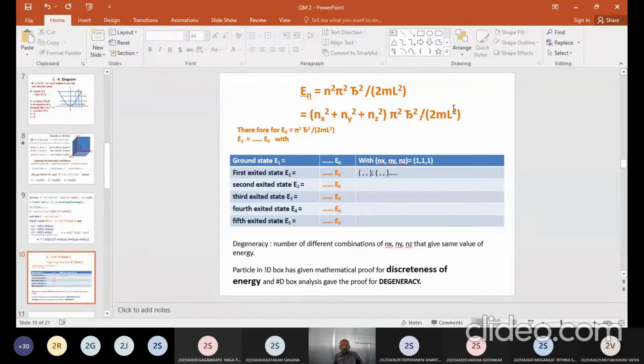What is E1 equivalent to? You got 5 seconds. You need to tell me what is E1 when n is equal to 1. I'm talking about the first energy level. In the first energy level,